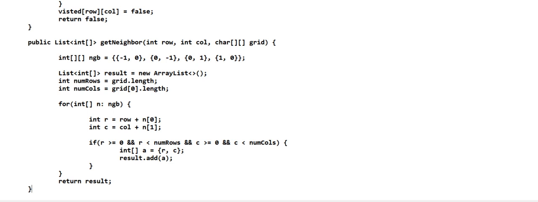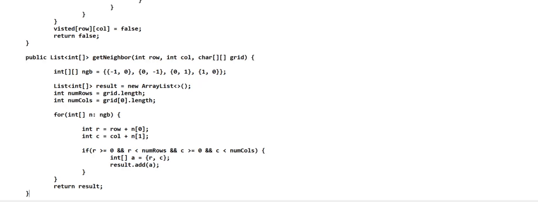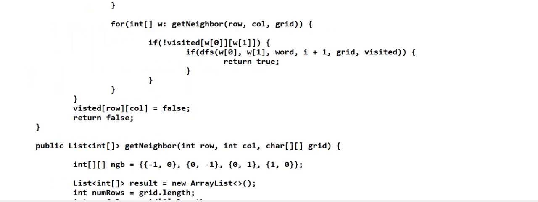So in this problem it's really the DFS and graph. There's no change to that. It's just the